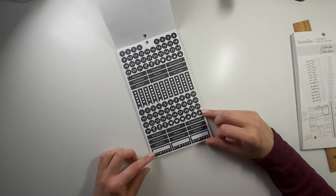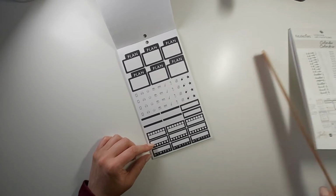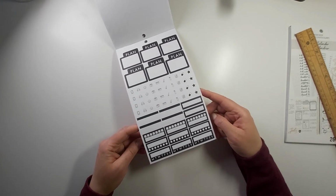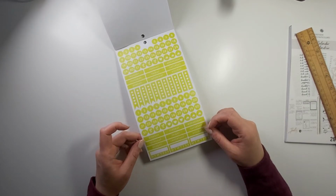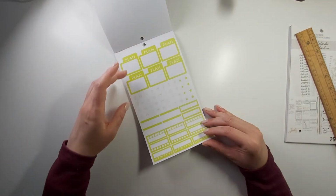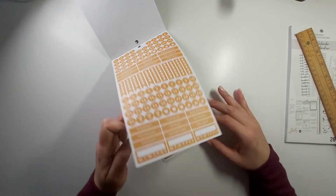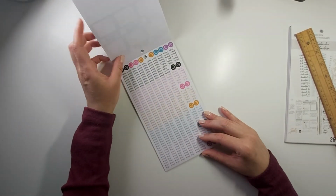So you've got these flags, a couple habit trackers, some more habit trackers, a few boxes, and let's just double check, but I'm assuming these are 1.5 inches. And then these guys, and then some little icons. And then you're just sort of going to go through that for these colors, and this is, it's not really yellow. It's almost like a greeny yellow, like puce or chartreuse or something. And that's like a very pinky purple, I would say. Is it? Oh, it might be the lights. I think it's purple. This is a brownish orange. This is like a muted tealy kind of blue. Okay, so those are your